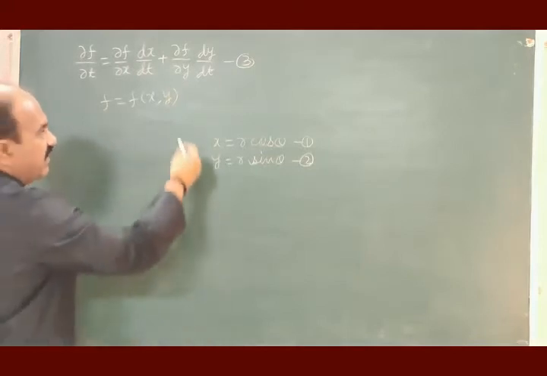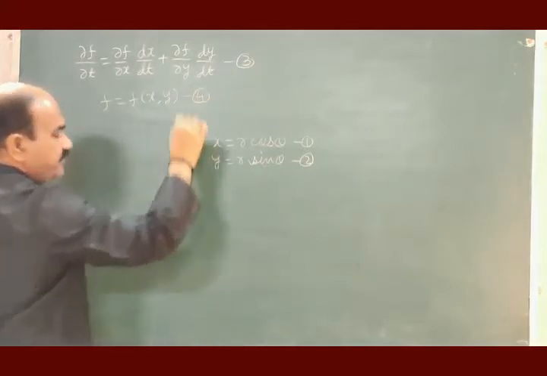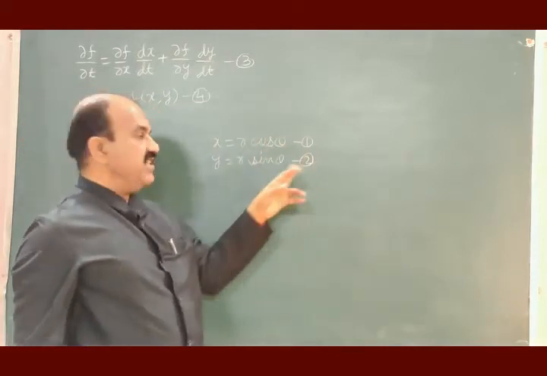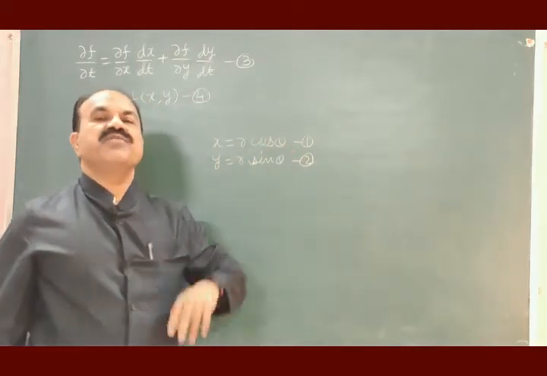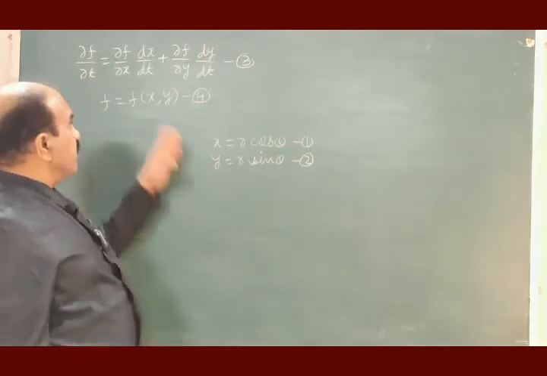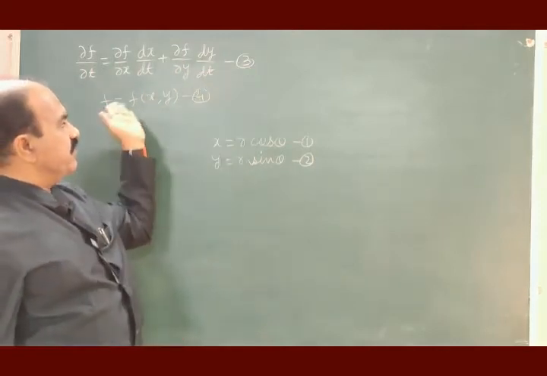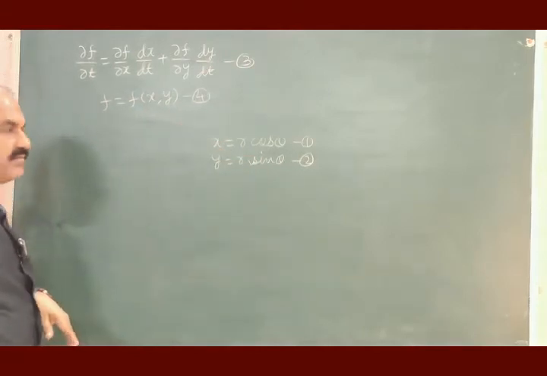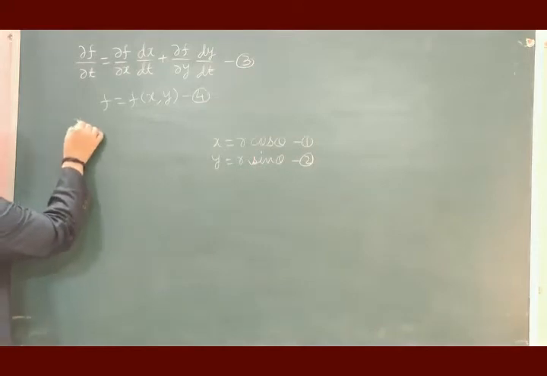Function of x and y. F is function of x and y, x is function of r and theta, y is also function of r and theta. And we are asked to write equation like 3 for this composite function. Then the equation will be